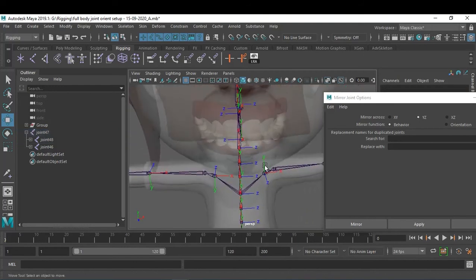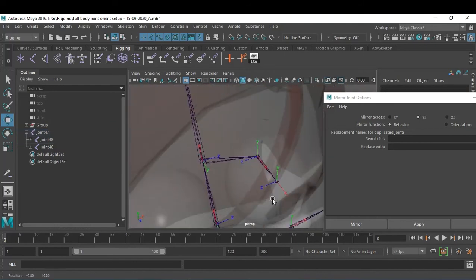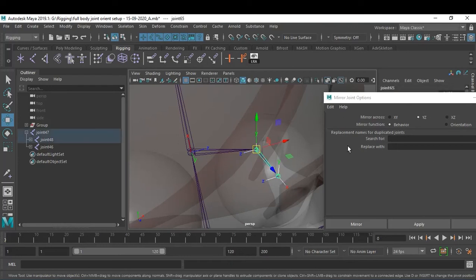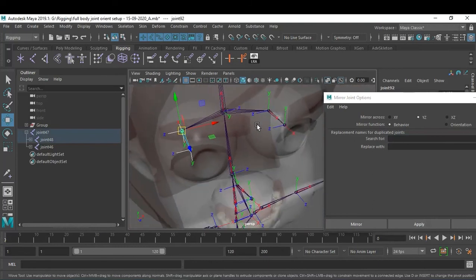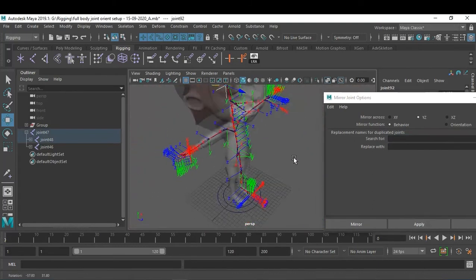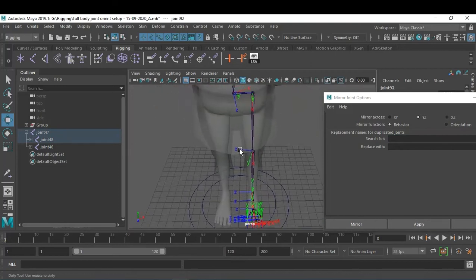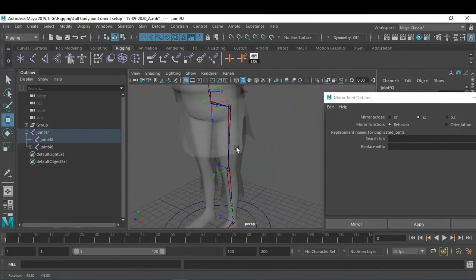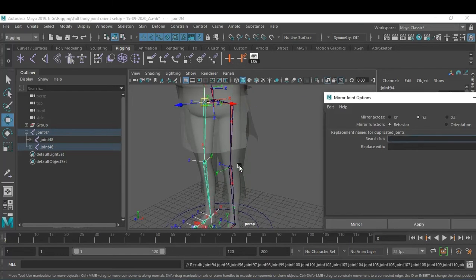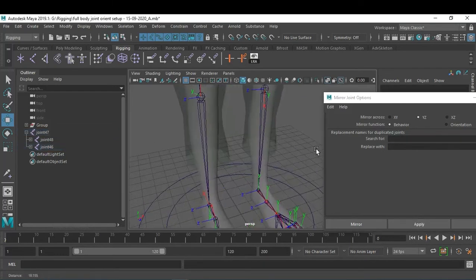It's done. Same with the eye also. Just select this particular end joint, and same, it is YZ only, just say Apply. See, it's done, situated properly. Now, this is your hip joint. Just select your hip joint and this end hip joint, and same, YZ is proper for all your joints. Just say Apply. Then it's done for you. See, it's done.